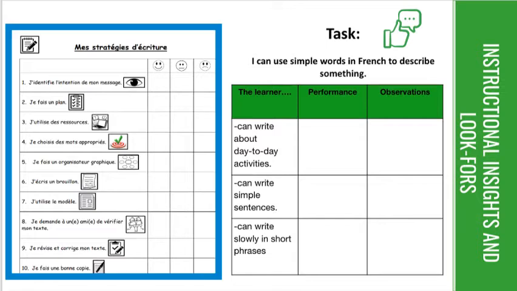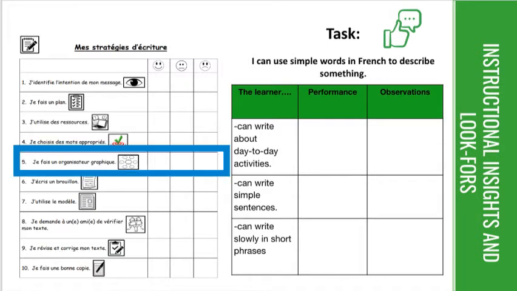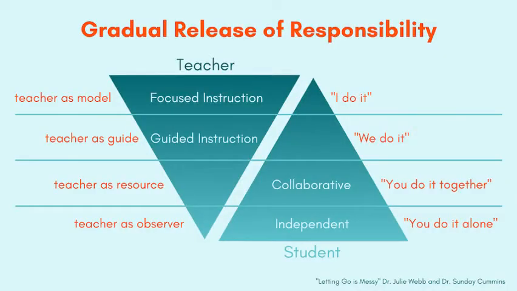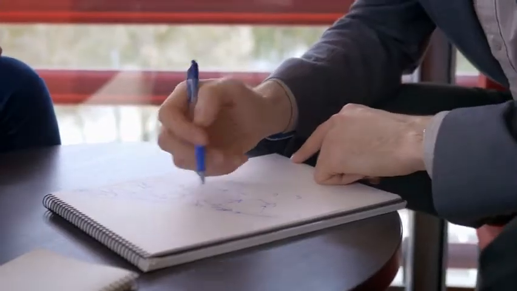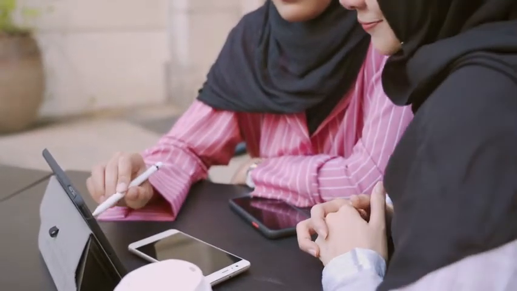Pictured here on the left is a sample bank of writing strategies educators may want to share with their learners. Strategies can be used with or without technology. When presenting a strategy for the first time, such as using a graphic organizer, the educator would follow the gradual release of responsibility model, beginning with explicitly teaching and modeling how to use and incorporate it in planning their writing. As learners practice using the tool and are exposed to a variety of organizers for writing support, they may decide to choose their own organizer and decide how it can be used to support their writing.